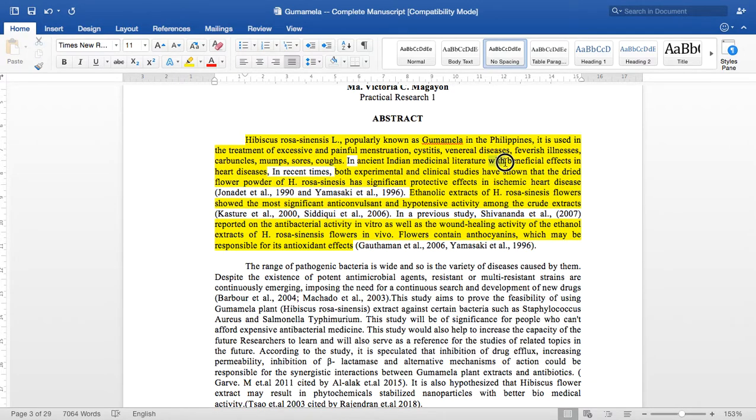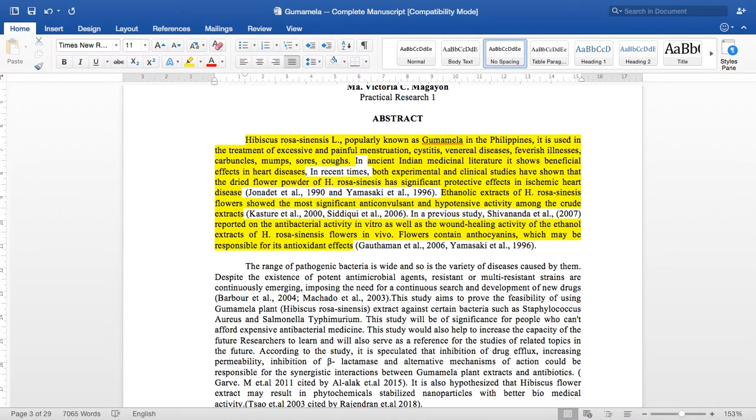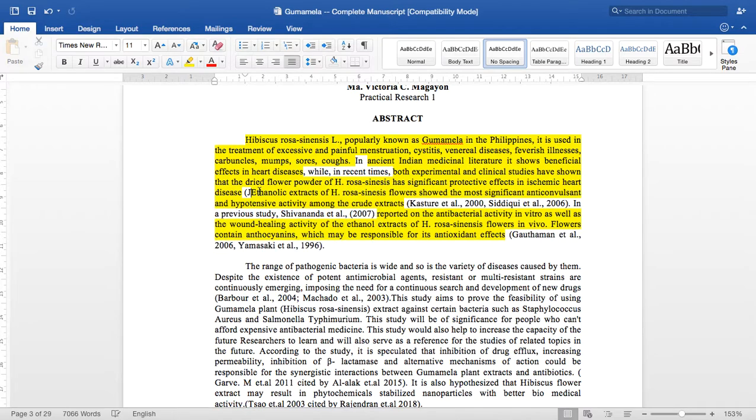In ancient literature, it shows beneficial effect in heart disease, while in recent time, both experiments show the protective effects of heart diseases. So, no, show the most extract, and